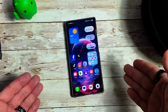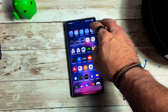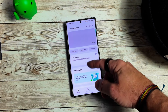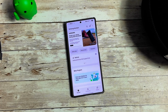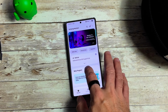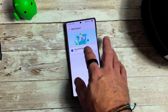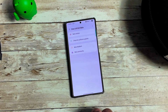If you want to get in on the beta, you're going to go to your Samsung device, your S25 device, and go into the Samsung Members application. Here we have a new section which they introduced in the previous version. You now have a beta program section, whereas you used to just have that little banner up there. If we click on that, that puts you into the beta program. You can then join the beta program by selecting the button. I'm already joined, but if you are joining, you'll click that button,